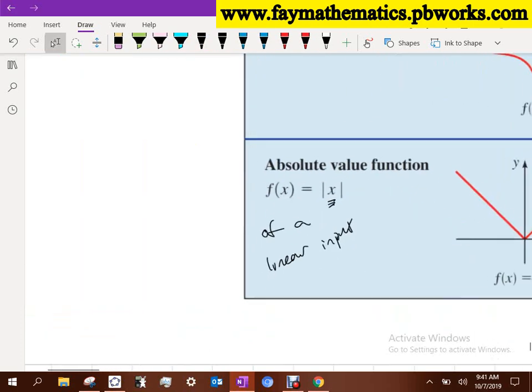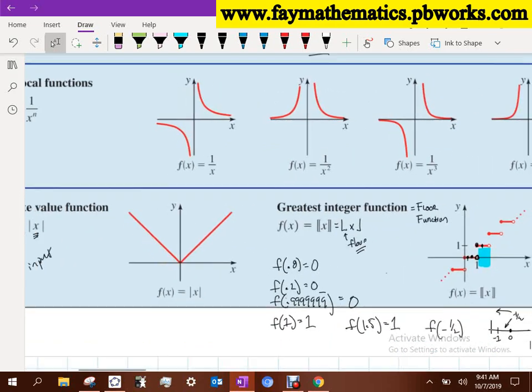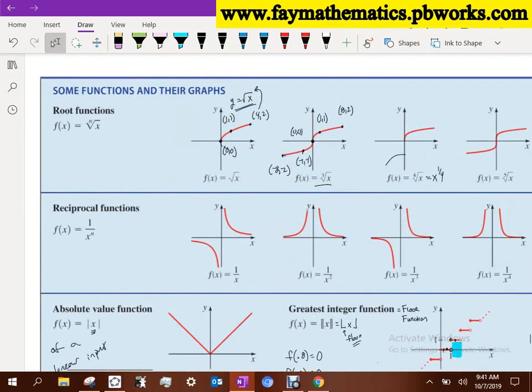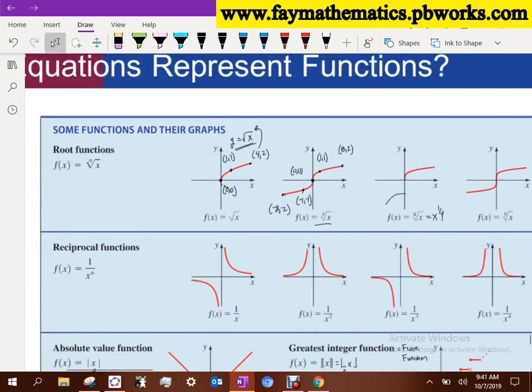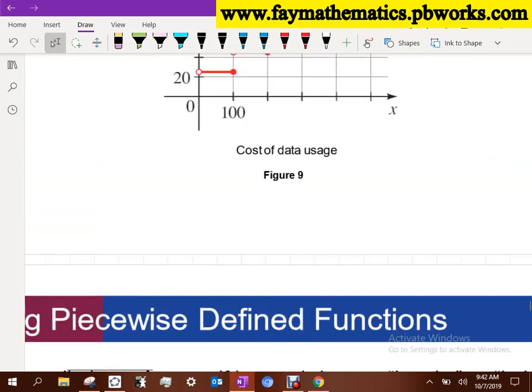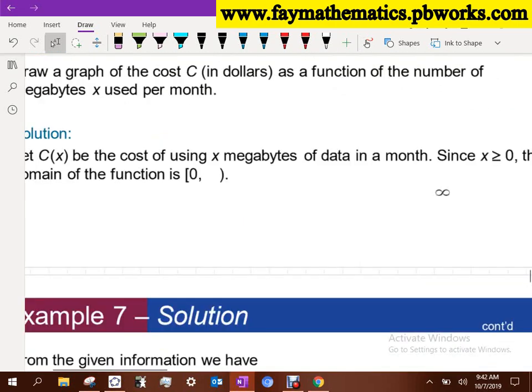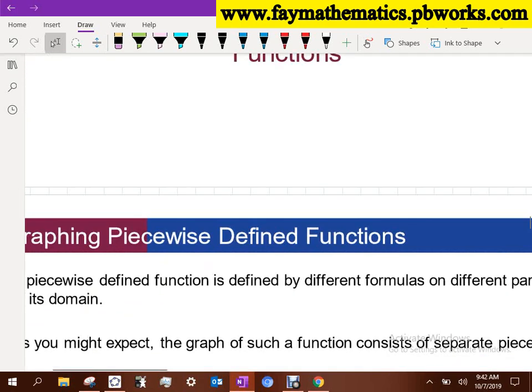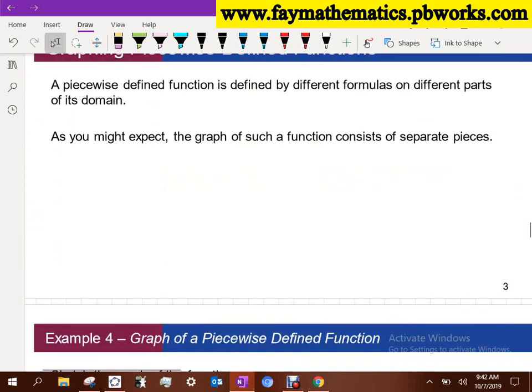All right, so that, guys, is just, hopefully, a lot of that was review. Okay? I'm hoping the root functions, the absolute value functions, the power functions, and the linear functions, that's all Algebra 2 review. But the review aspect of things is so that we can all discuss a piecewise function easily. Okay, so this is where, if you haven't been taking notes, this is where it's really going to kick in. These are where, in the past, guys, and I don't know the reason for this, but people struggle with piecewise functions. Okay,